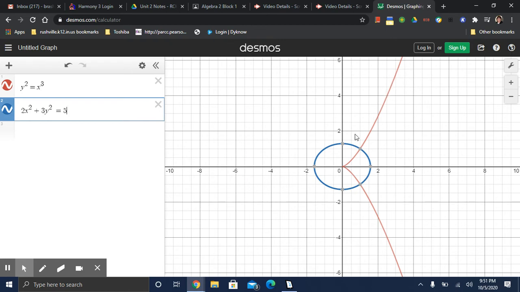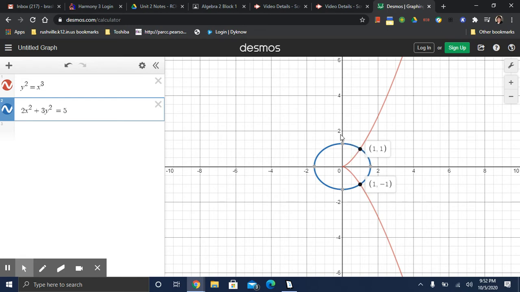The pink graph is y squared equals x to the third, and that is kind of an unusual shape here. And then we have an ellipse, a little bit more familiar to you, in blue. That's the 2x squared plus 3y squared equals 5. So what we're going to be determining is whether or not these two graphs are orthogonal, which means that at their points of intersection, so at 1, 1 and at 1, negative 1, their tangent lines have to be perpendicular